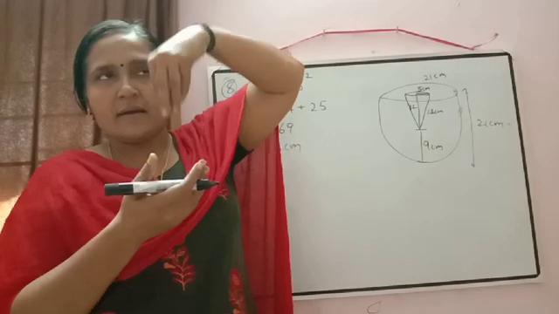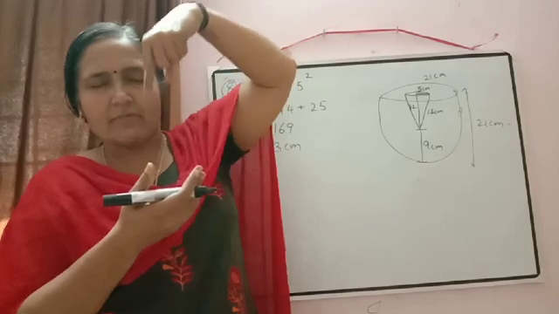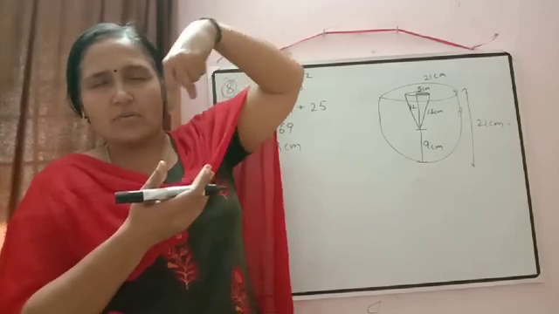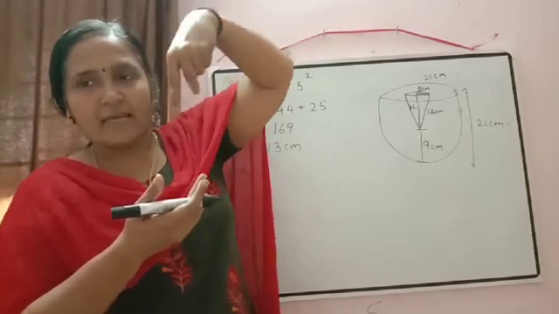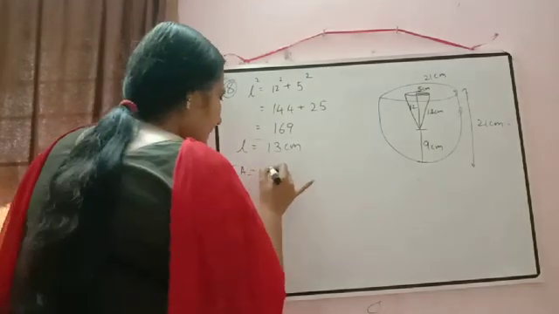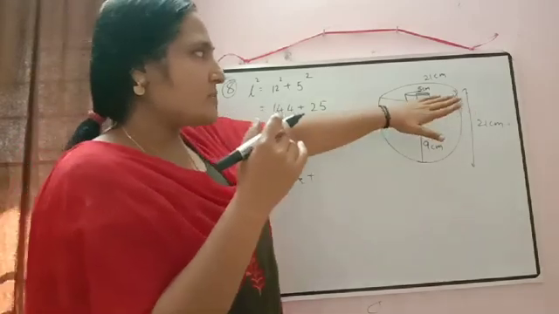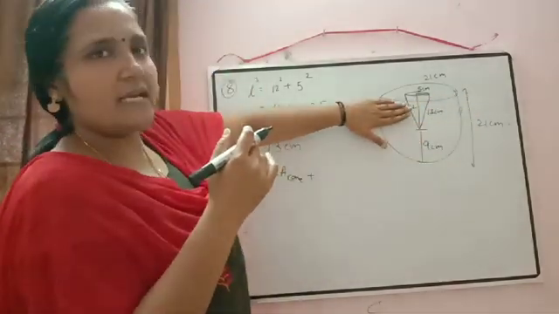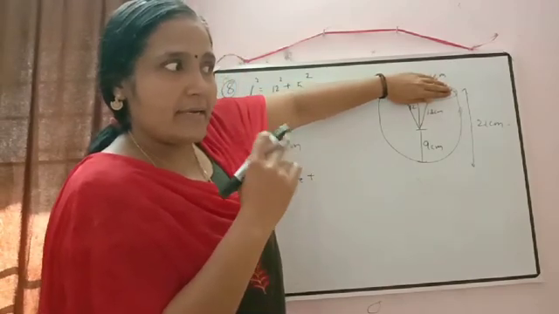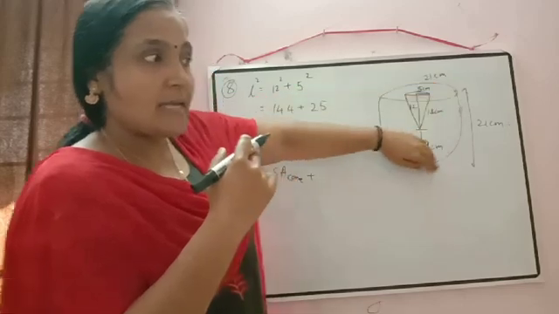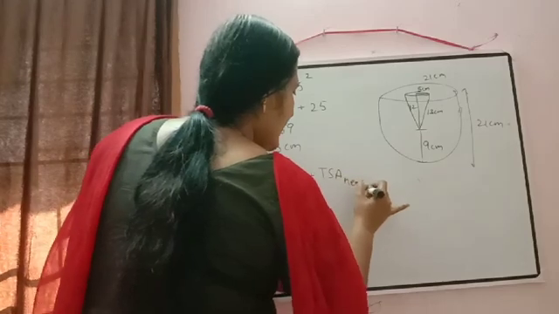So just to check there, a depression is there outside, a vacuum is there, and that vacuum is in the form of a cone. So that area we have to paint, means we have to paint the curved surface area of the cone. Okay, so I am just writing here: curved surface area of cone we have to paint. Then it is a solid there, so we have to paint this area of the hemisphere plus this area also we have to paint. Correct? And that means we have to paint the total surface area of the hemisphere.